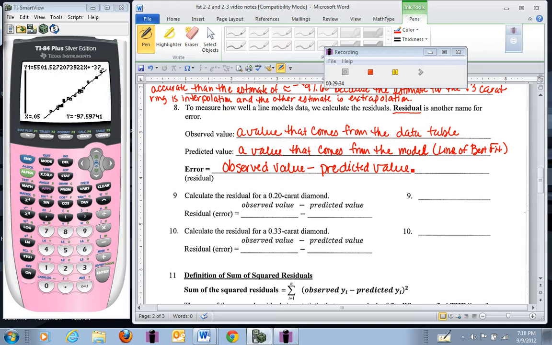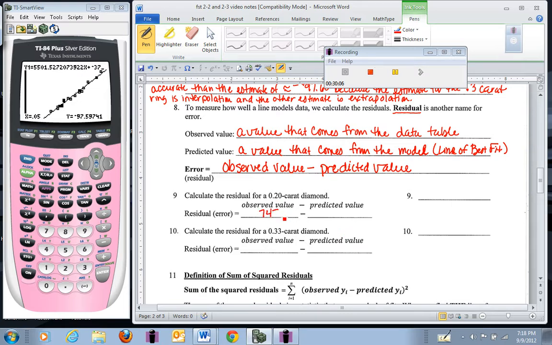So they would like us to calculate the residual for the 0.2 carat diamond. So what we're going to do for that is we're going to go to our chart and we're going to find a 0.2 carat diamond. It's about, I'd say, a third of the way down from the top there. Okay, a 0.2 carat diamond. Did you find it on the chart? Okay, its observed value from the chart is